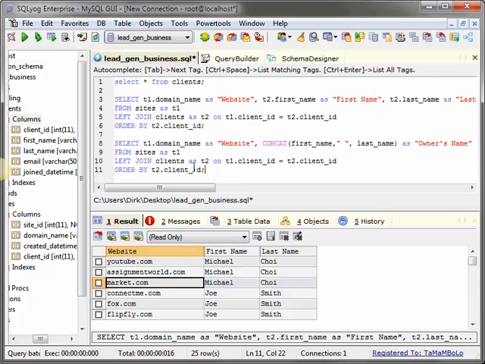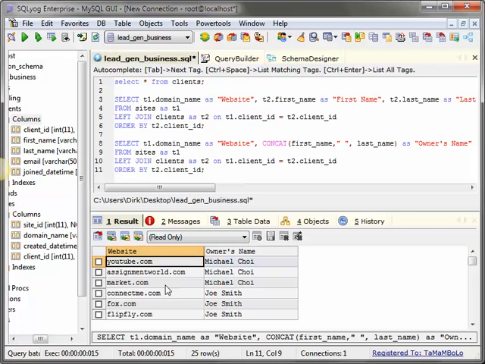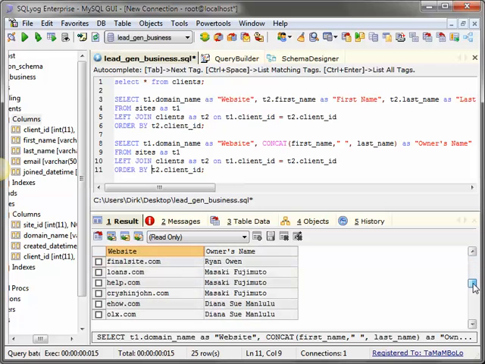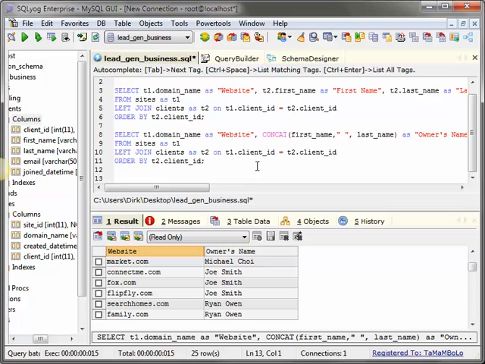Then put the cursor inside and press F9. We'll see that YouTube, Michael Choi has been concatenated. Simon World, Michael Choi, almost the same, except that the first name and the last name have been concatenated.